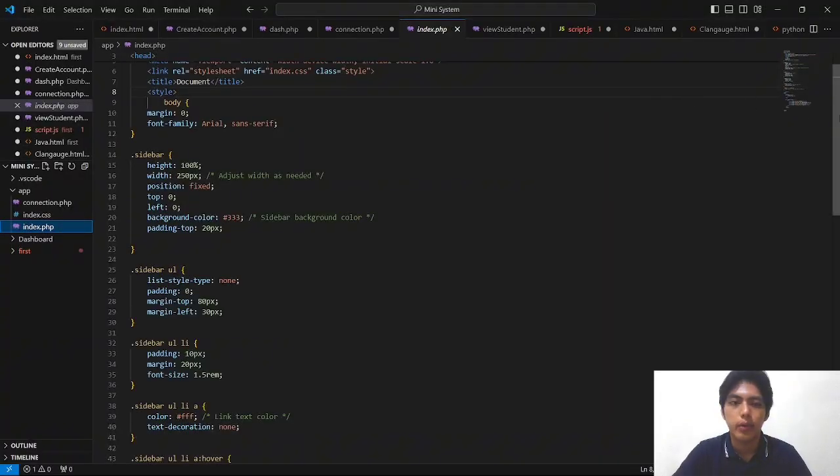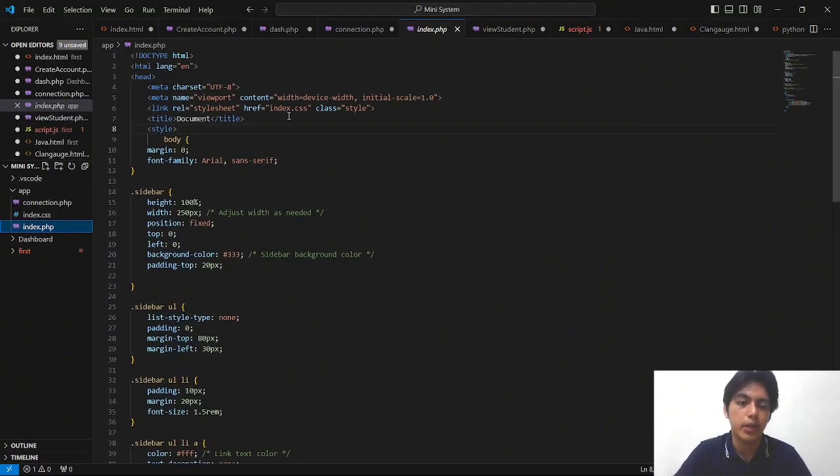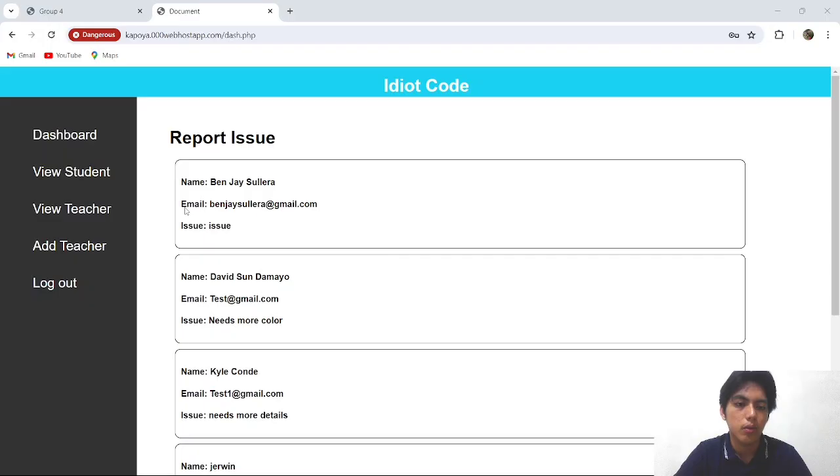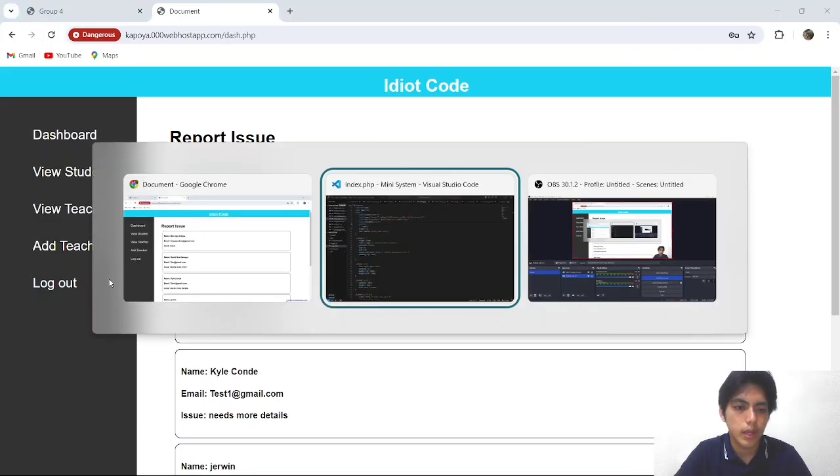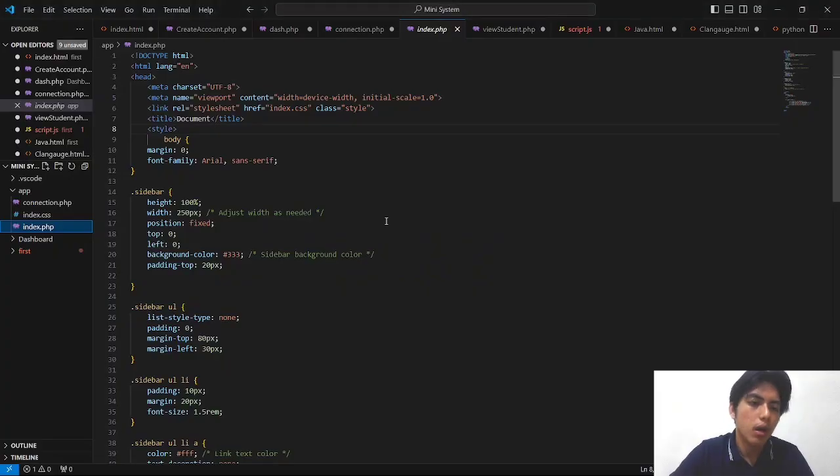Here we have used an index.css, which is specified as the index for this one. We also used an internal CSS with a body margin, the sidebar, which is this one, and then the sidebar unordered list,